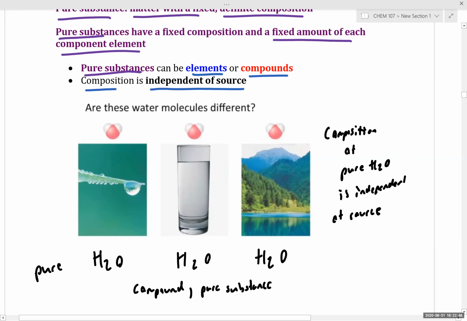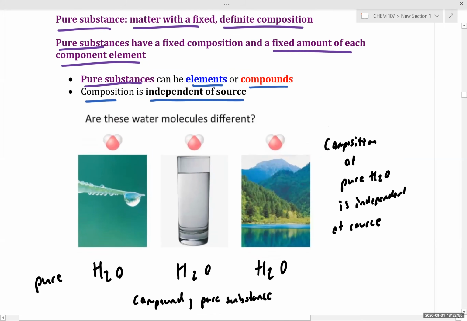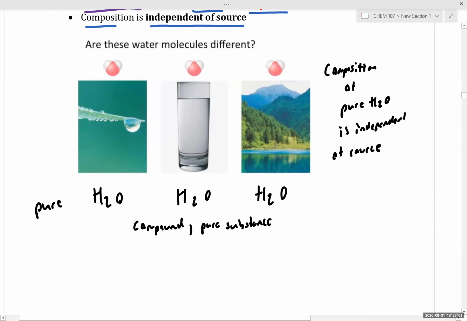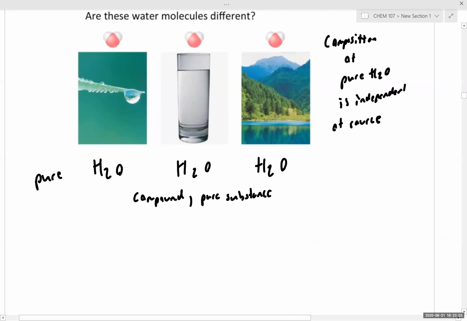Any questions on pure substances? Can you give an example of what's not a pure substance? Great question. So an example of something that would not be a pure substance,